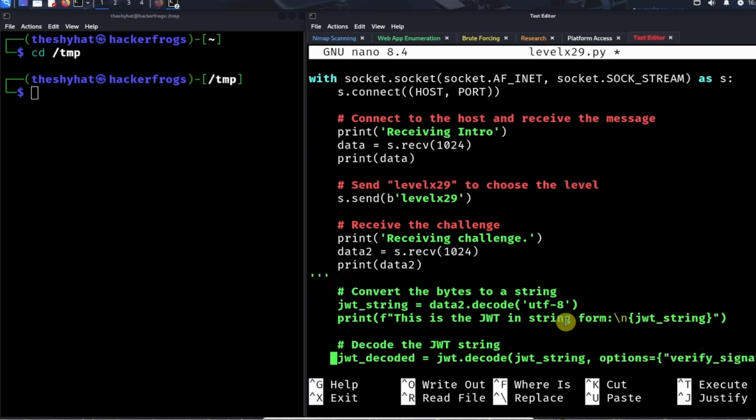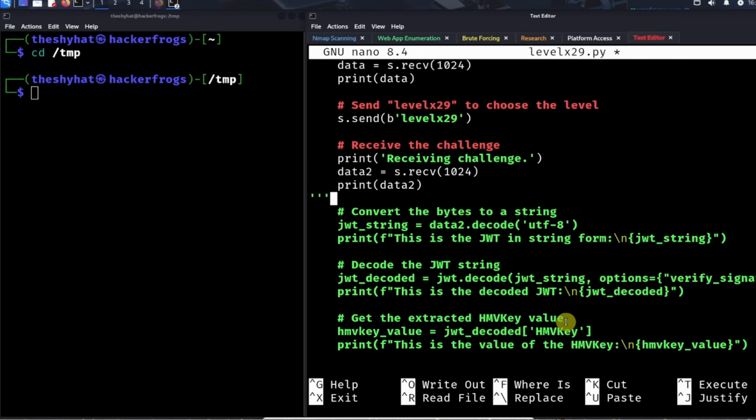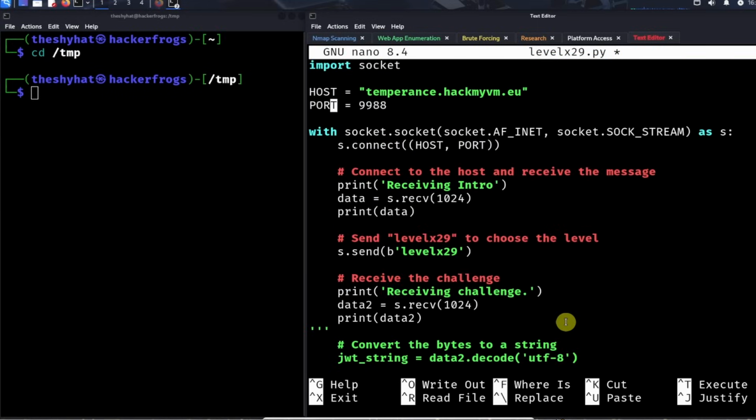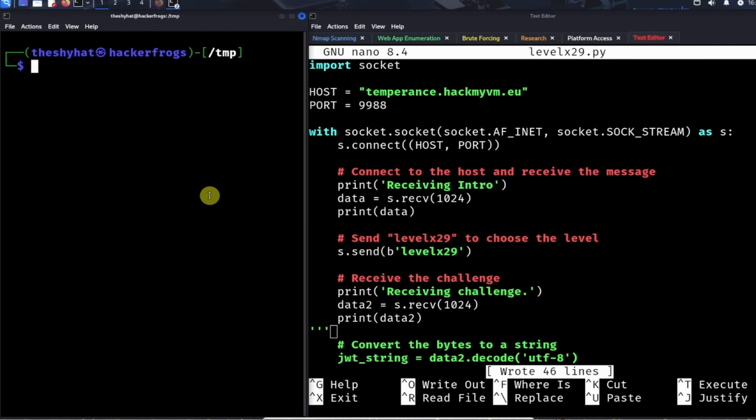We're going to comment out everything that comes after this part of the script, just so we can work with what we have right now to make sure it works. So we're just going to write out what we have here for the script, and then in another window, we're just going to run